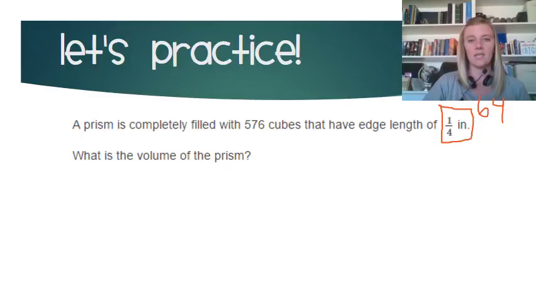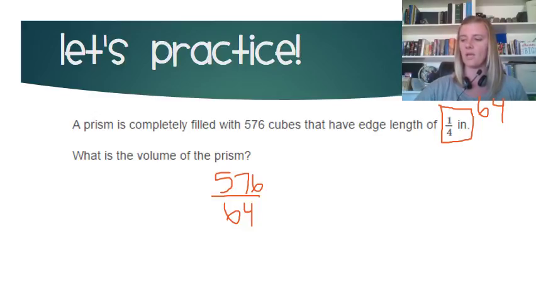So we need to take the number of cubes and divide it by 64. So we're going to have 576 cubes divided by 64,